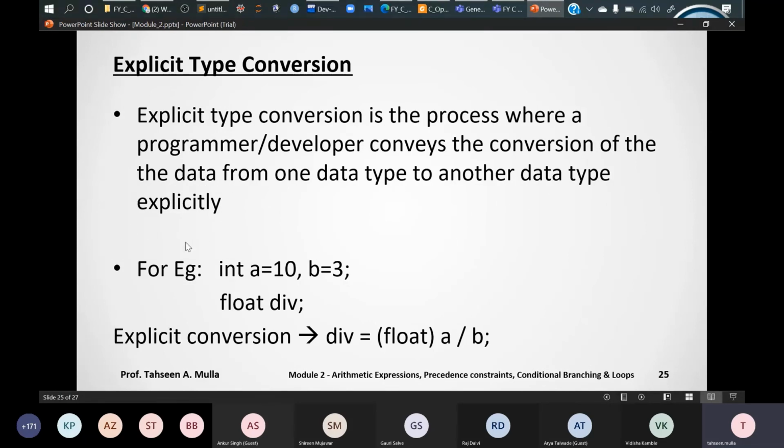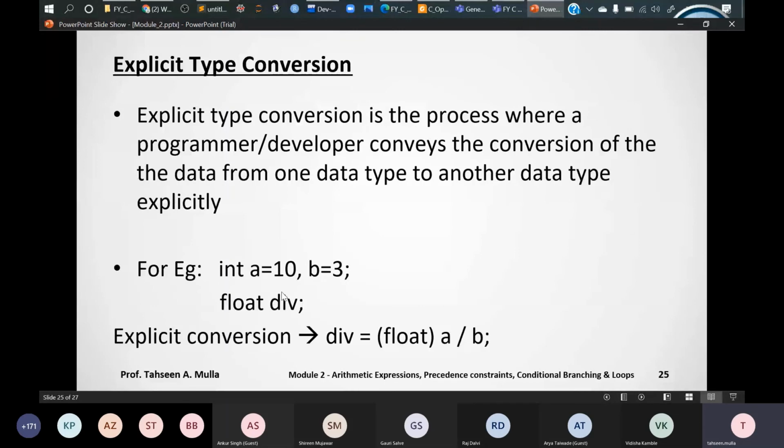So this word explicitly defines that the programmer or the developer has to tell the compiler that my code, what data I'm going to write on the output screen, will be in a specified format, even though I lose the precision, right? Now, for example, take here, I'm having two variables as integer, a and b.